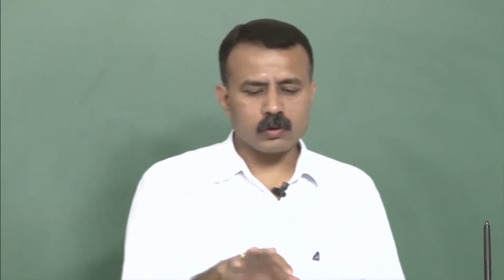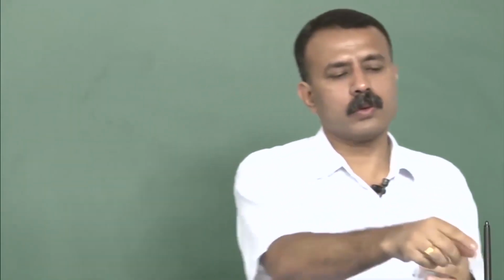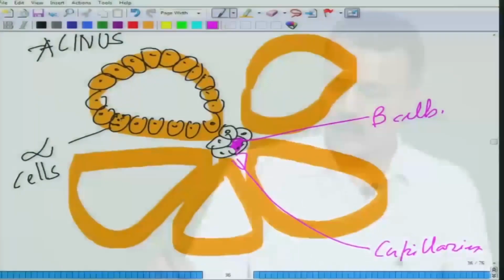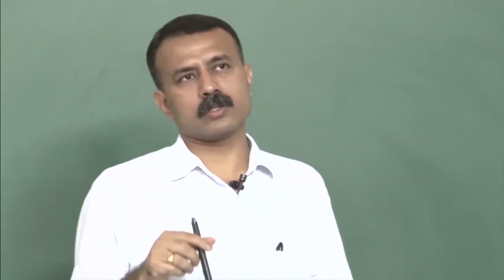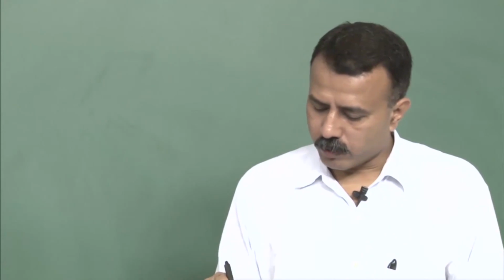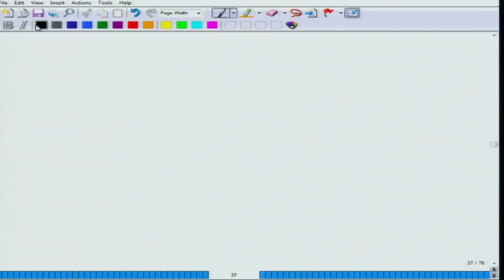So, what I will do now, I will just draw this thing, so that it kind of gets engraved into your understanding, and in future if you want to do an in-depth study of this, then you can go further. Okay. So, coming back, and of course, we will be highlighting which cells produce what, what alpha cells do, what beta cells do, and how these things are all being regulated. Okay. Coming back to the slides. Okay. So, basically what is essentially happening is